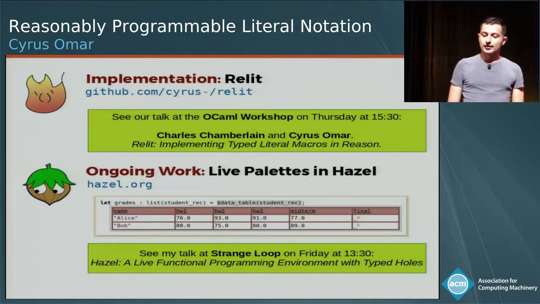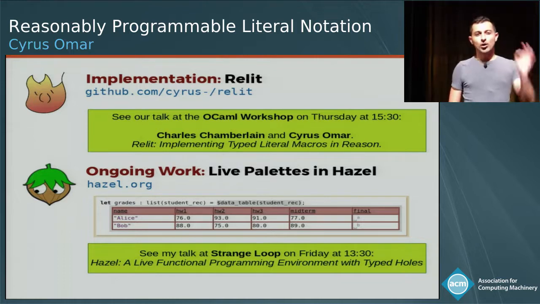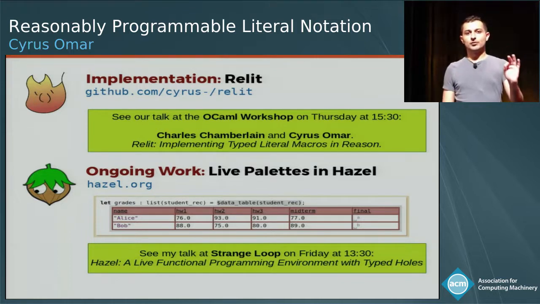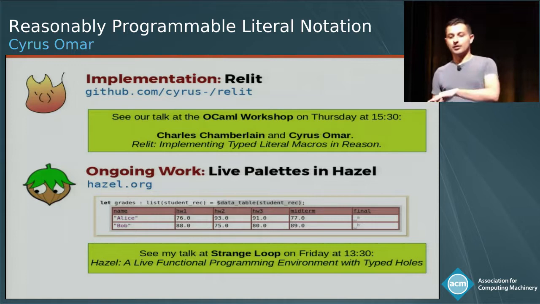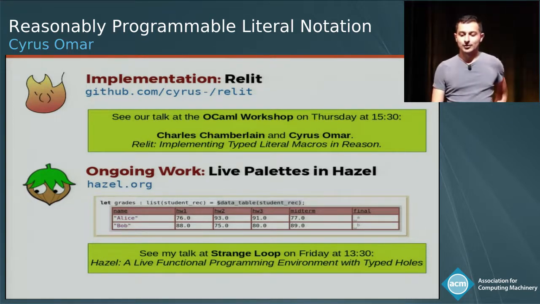So we're working on this thing called live palettes, where you can do that. You can define these new UIs specific to different types, much like TLMs, but it's not text, it's a UI. And splices correspond to holes in the UI that you can fill with arbitrary expressions, including with other palettes, for example. I'll give you a little bit more on that at Strange Loop on Friday,